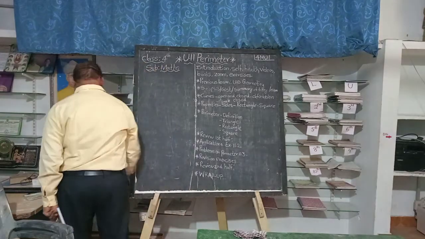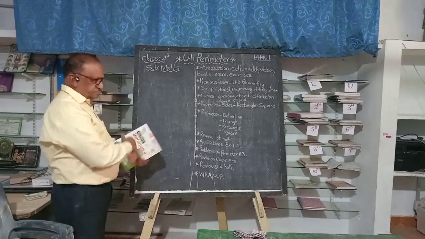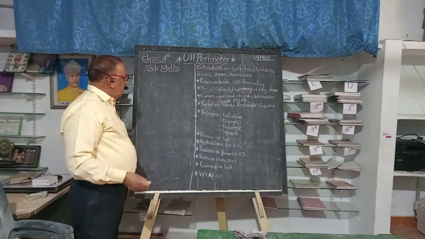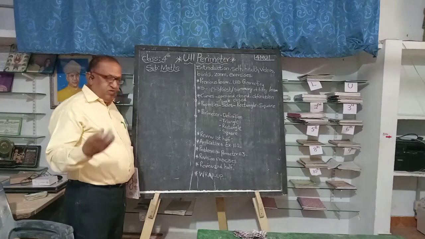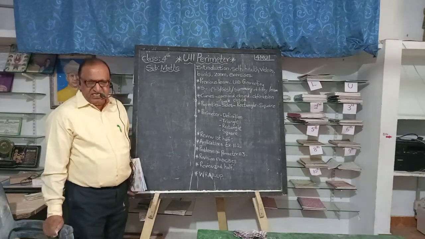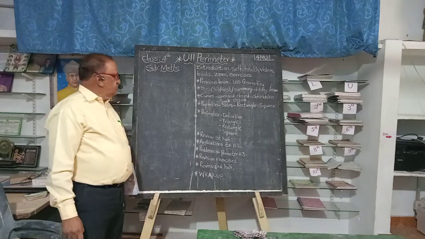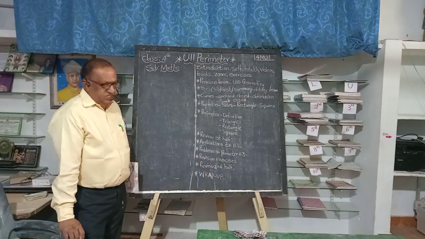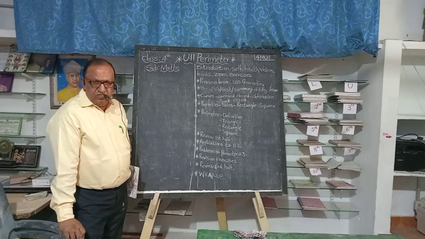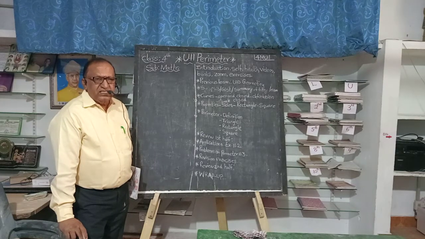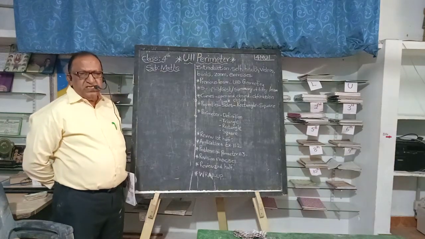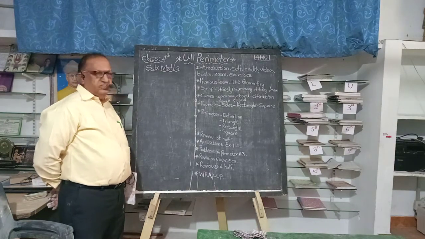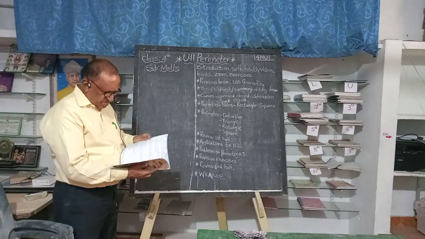Now, let's see. So far I have explained what is a simple curve, what is an open curve, what is a closed curve, what is a simple closed curve. A curve which does not intersect itself is called a simple closed curve. Then also properties with regard to the rectangle and square. In the case of a rectangle, opposite sides are equal. In the case of a square, all the sides are equal. Then I gave you the definition for perimeter. Now let us see some problems here.